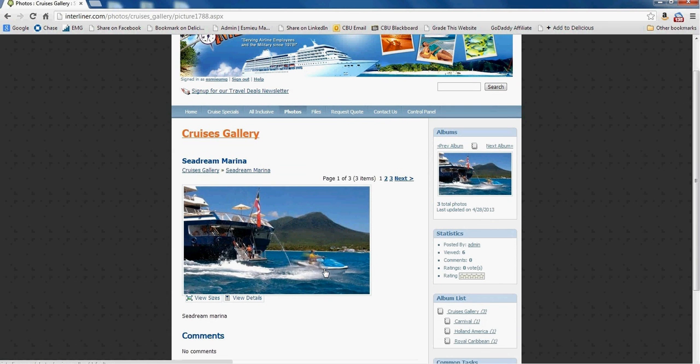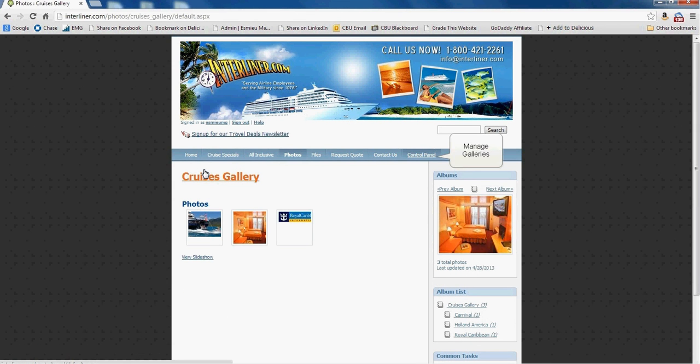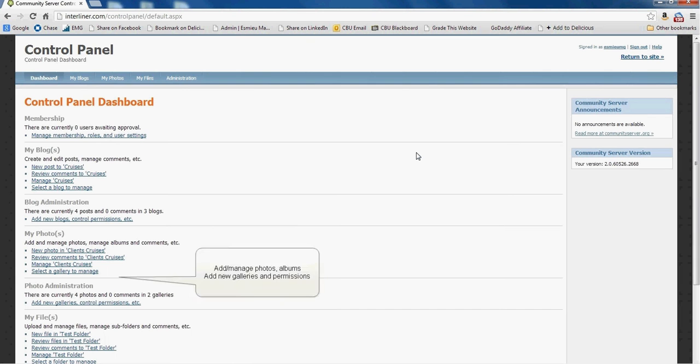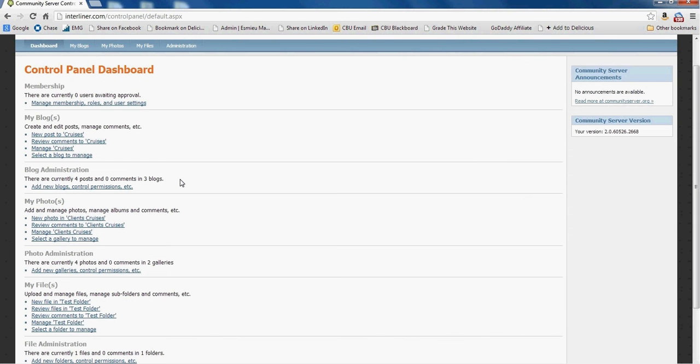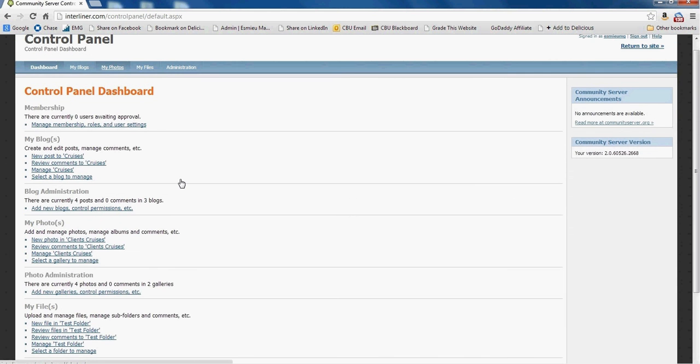In order to add new galleries or new pictures, you have to go into the control panel. And let's go to control panel. On the control panel, you're going to see now control panel for my photos, my files, which I'm still working on, but for now you have my photos. You could go directly to the my photos link,